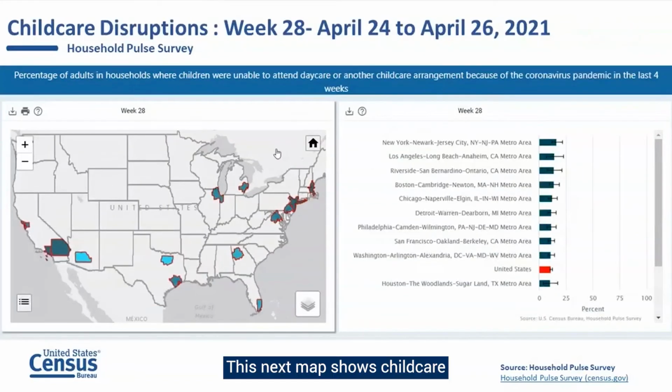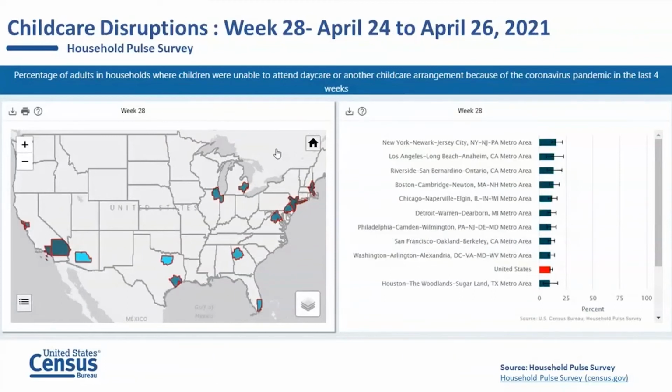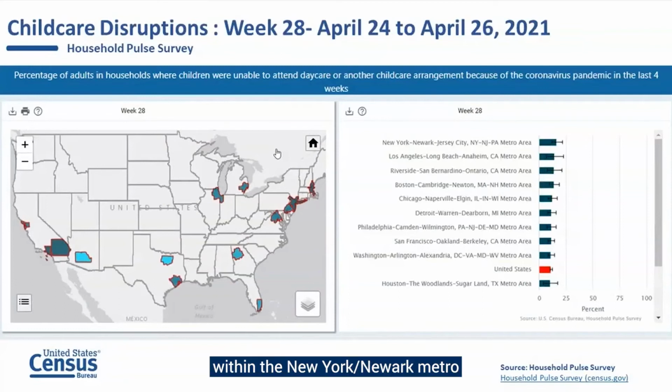This next map shows child care disruptions during week 28, which is the last week of late April 2021, and it shows the percentage of adults in households where children were unable to attend daycare or another child care arrangement because of the pandemic in the last 4 weeks. And the highest rate was in the Newark metro area,